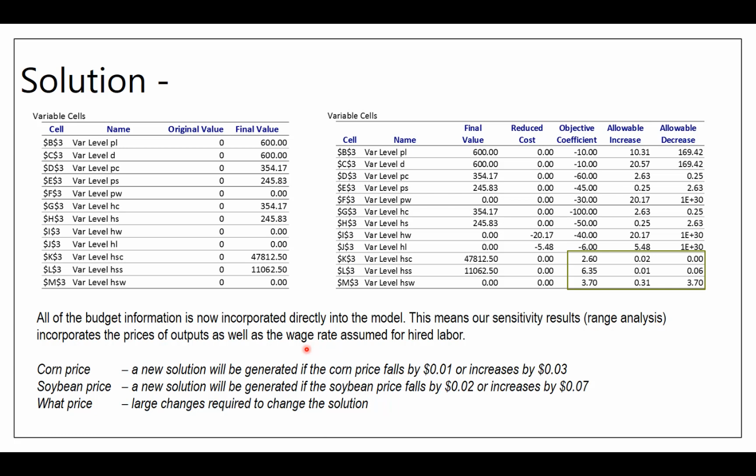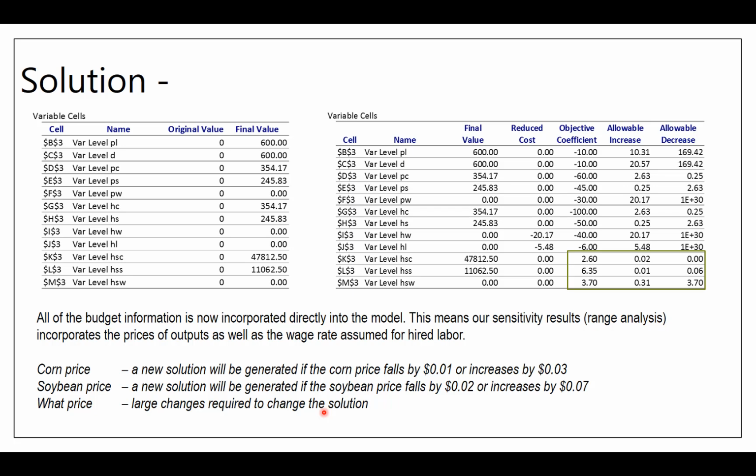And we also get something nice. We get these range values that say a new solution, a new change in the acreage allocation, and by extension the bushel production, will be generated if the corn price falls by a penny or increases by 3 pennies per bushel. Same thing, the soybean price changes would cause that. So 2 cents or plus 7 cents. And so these are relatively small changes. The model is very sensitive to the initial price structure, corn versus soybeans. It takes large changes to get any change in wheat, so we're largely going to focus on the two